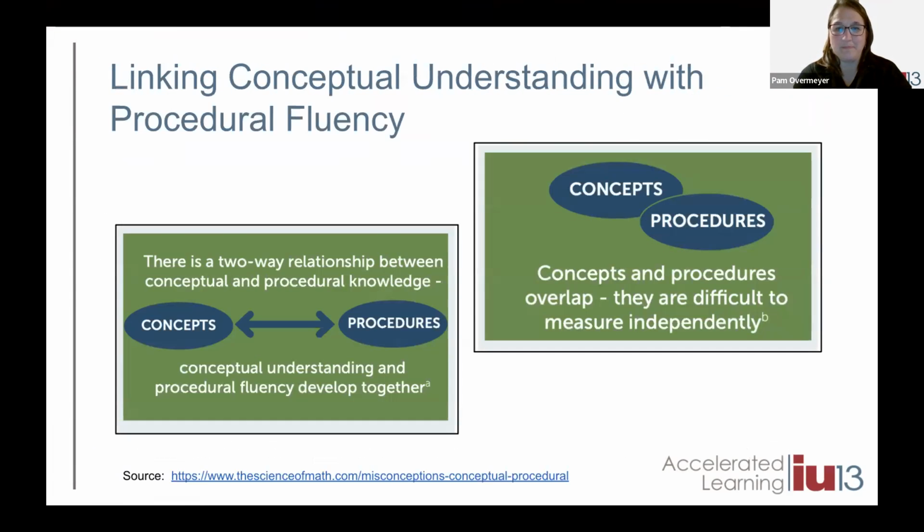Okay. So I wanted to show you some more resources and some more research on fluency and automaticity. This comes from scienceofmath.com. It's a more recent website that has a lot of misconceptions about math, and then the supporting research that goes with that to correct some of the misconceptions.